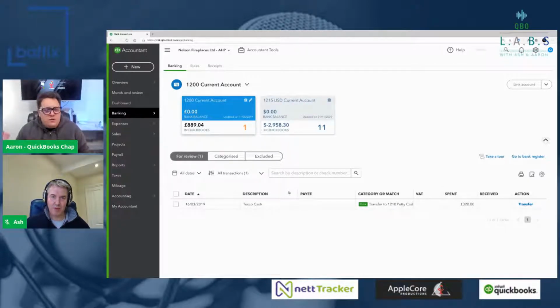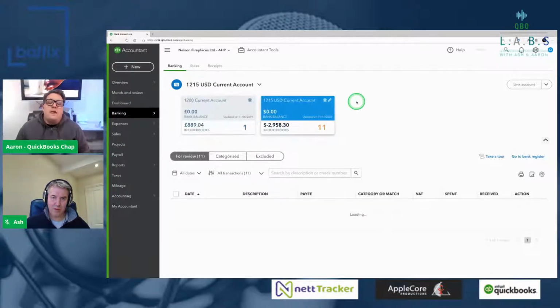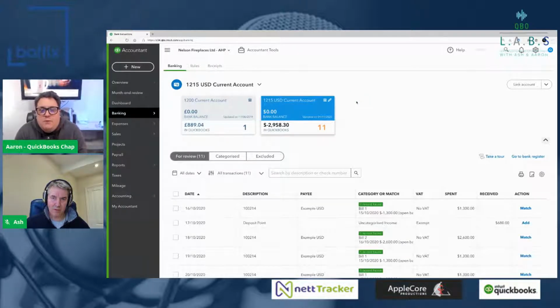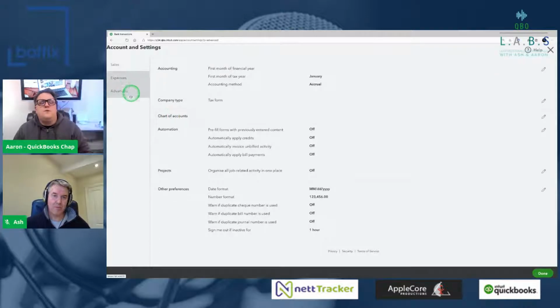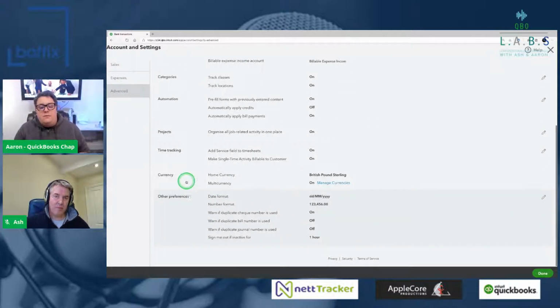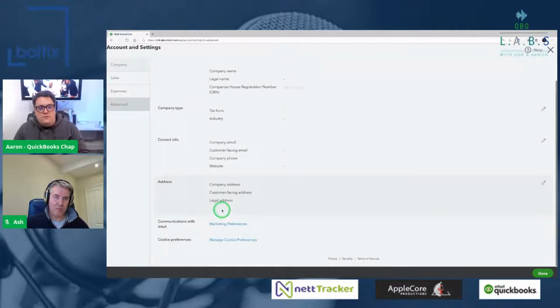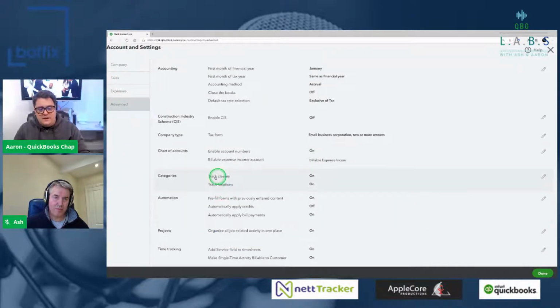One thing we've learned, though, on the new banking screen, or maybe it was just something that we hadn't been aware of, some changes that have happened beforehand, but it's come to light, is anything to do with multi-currency. Now, just to bring into context how we work with multi-currency in QuickBooks, on the very top right-hand corner, when we go into our account and settings and under advanced, if you're on a Plus version of QuickBooks or higher, then down the bottom here, you have the opportunity to turn on multi-currency.